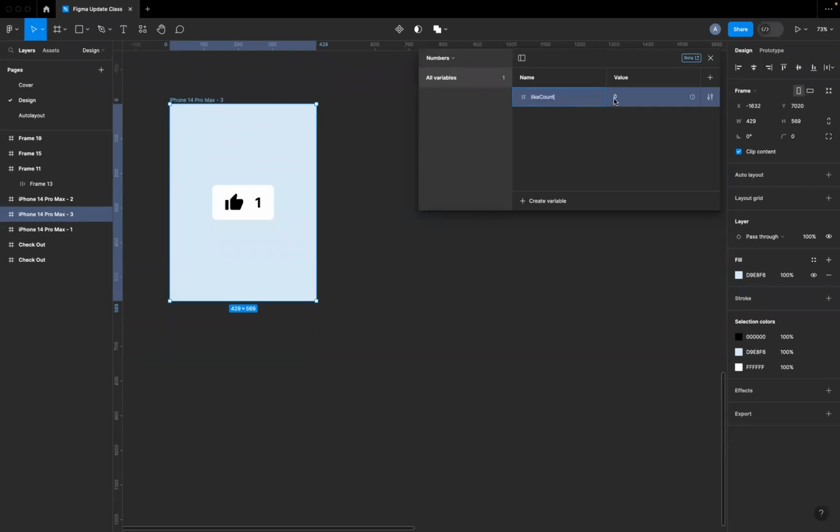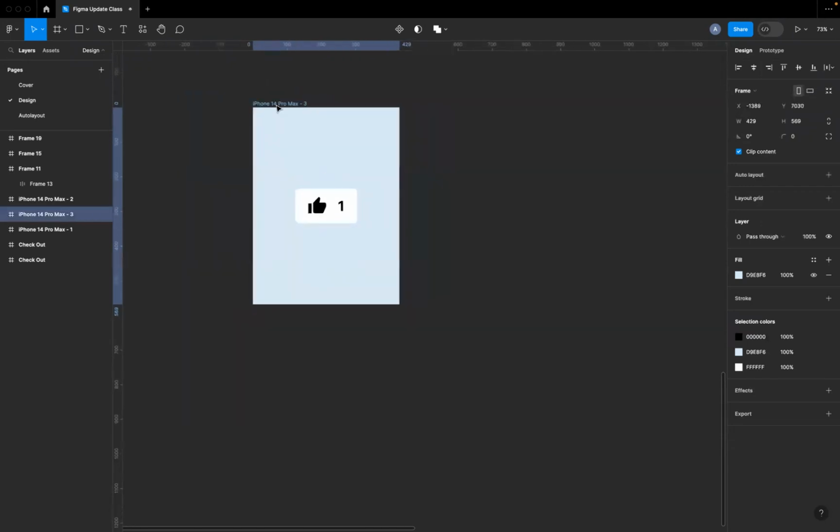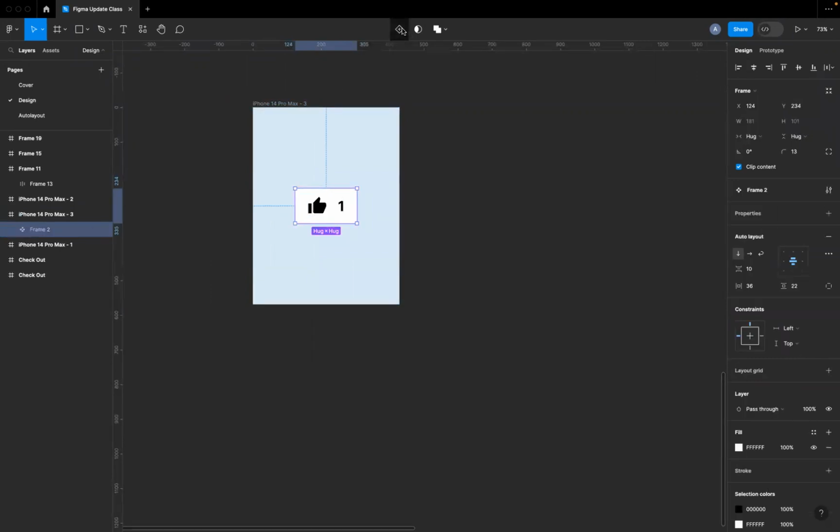By default, let's leave the like count at 0. This doesn't make any difference yet, but we are going to work on the logic. What I'm going to do now is make this a component by clicking this and create